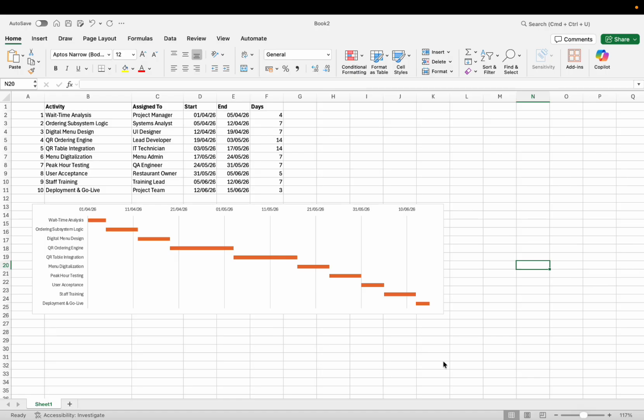This is the Gantt chart, and it uses the waterfall method. So it uses the phasing method. It starts one activity before doing the other one, so right after the activity ends, it goes to the other activity. Here the first activity is just analyzing the wait time, and then from the second activity to the fifth activity, it's about